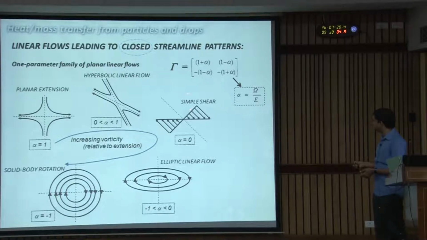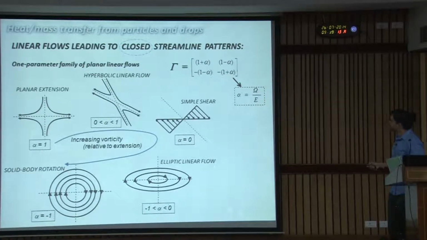And one of the planar linear flows is an important flow, so I'm going to discuss the entire family. That's simple shear. It's an important rheological flow. Okay. So the planar linear flows actually form a one parameter family. So that's how the velocity gradient tensor looks like. The parameter is alpha. Okay. So alpha takes values starting from 1 down to -1, and the flow streamlines look like